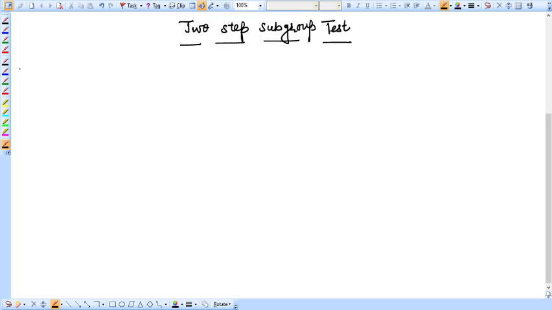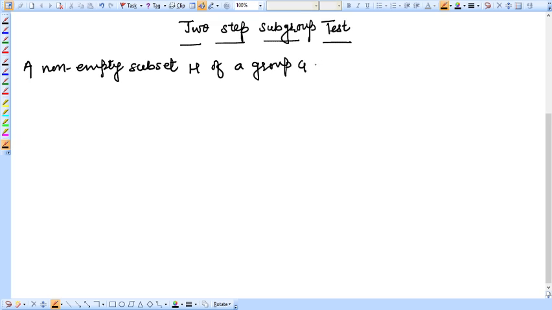It states a non-empty subset H of a group G is a subgroup of G if and only if two conditions are satisfied. Okay, first is